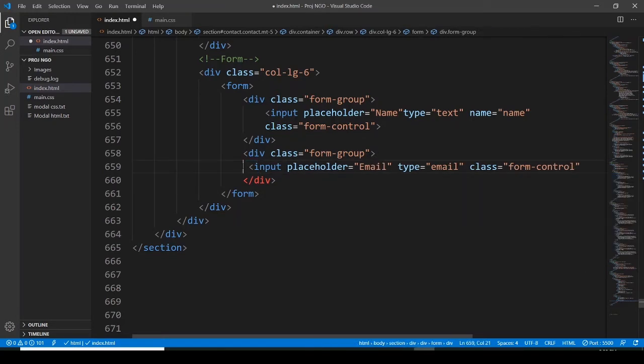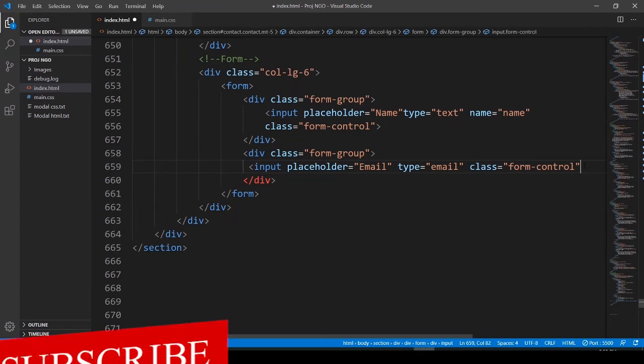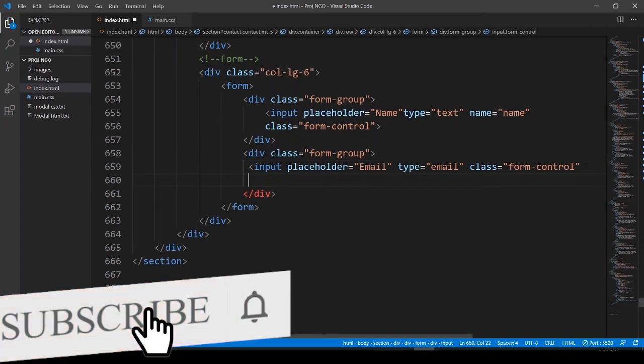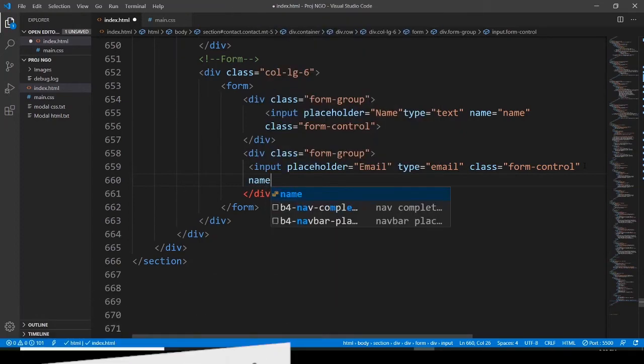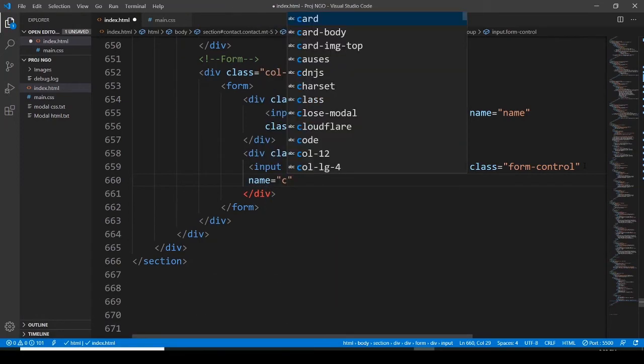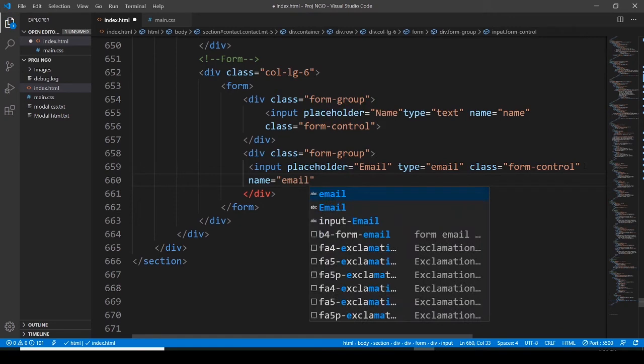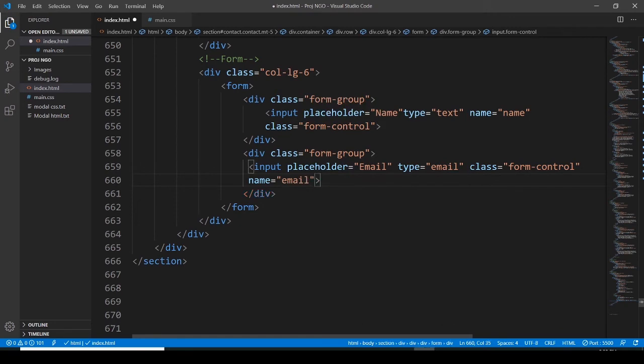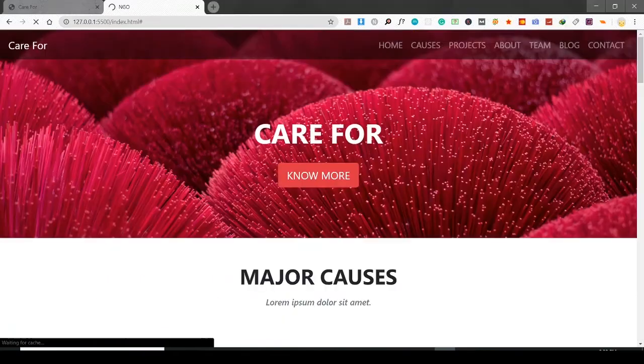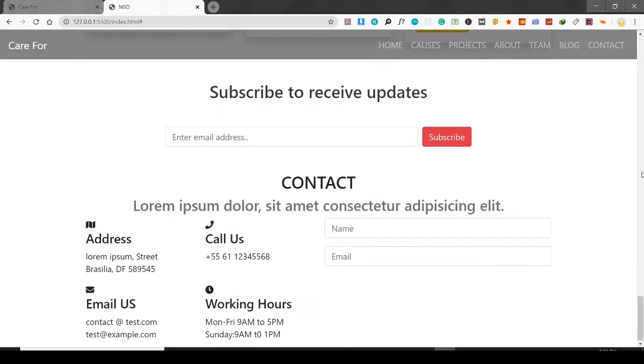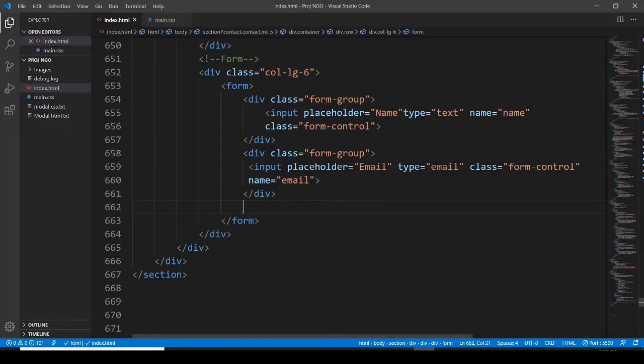Let me bring it here. Okay, form control, and then here the name should be email. That's all. Let's save it and let's see what's going on in the browser. And okay, name, email,